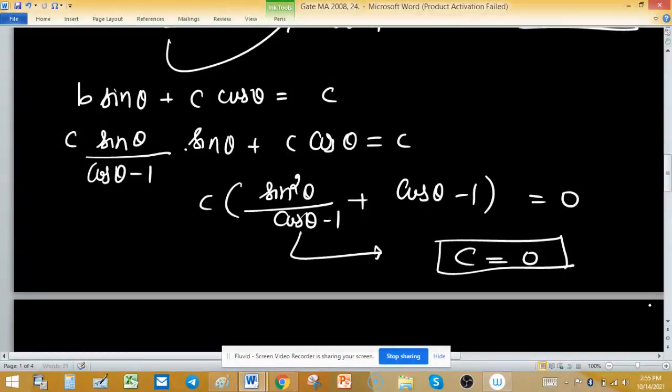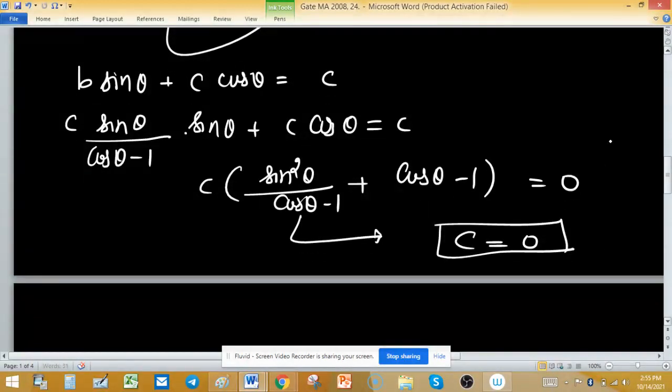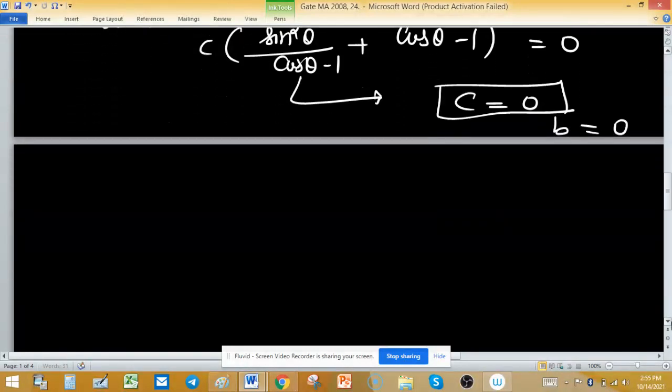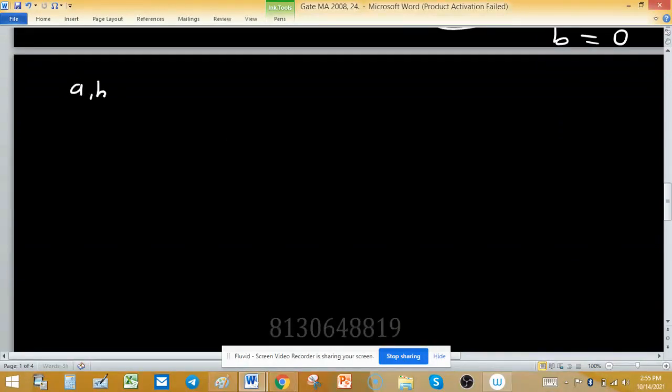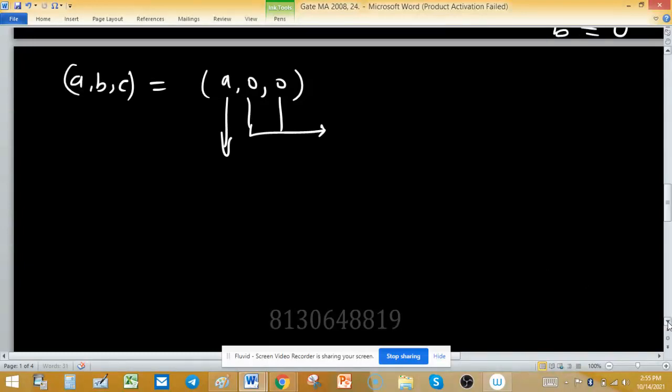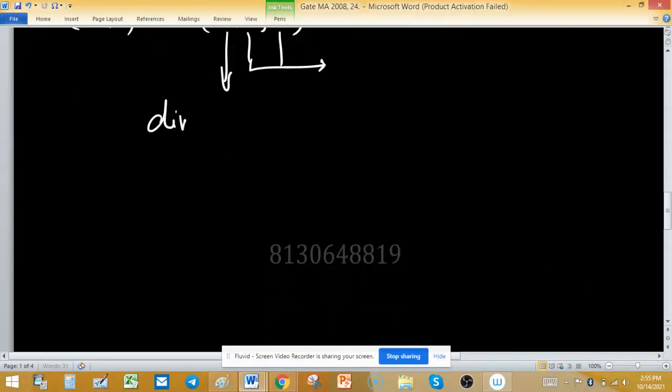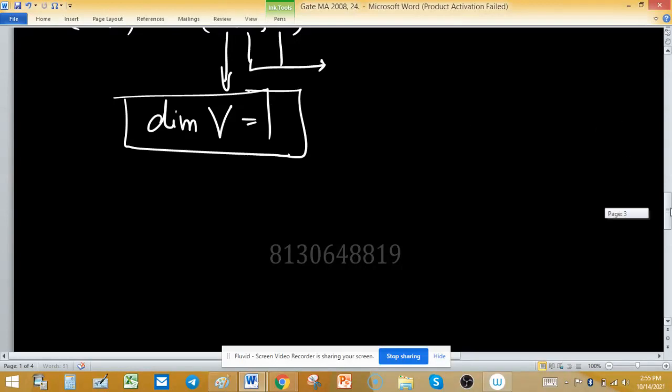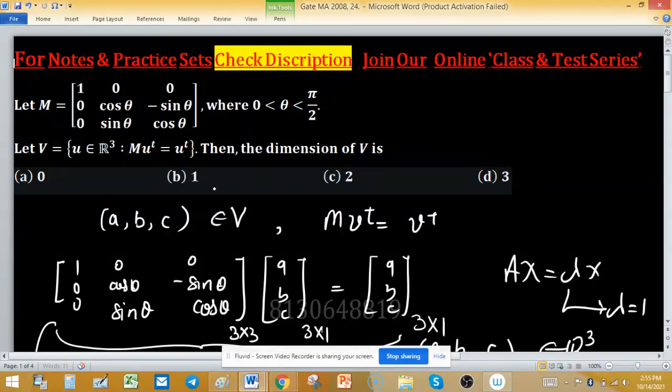So the value of C is 0, and then the value of B is also 0, meaning the vector (A, B, C) that we assumed can be written as (A, 0, 0). These two entries are fixed. It means that we are independent only on the first constituent, meaning the dimension of this vector space V is equal to 1. Now, this is a problem solving skill, and you can see how I tried to find the dimension of this vector space. So option B is